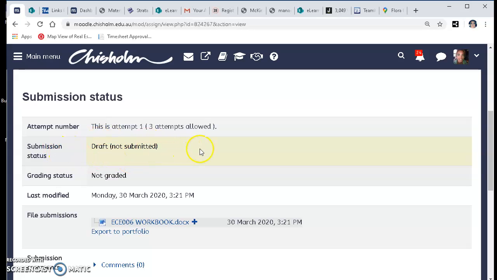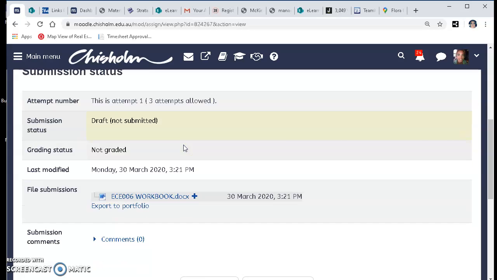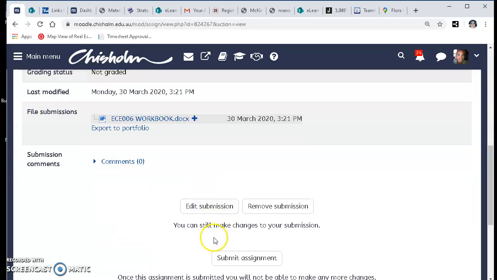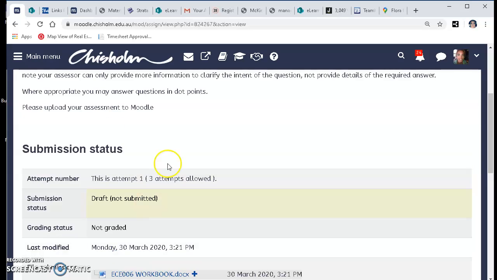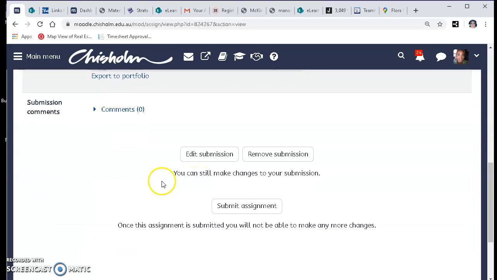It must be submitted. A lot of students stop at this point. If it's on draft, as a teacher, we still can't open it. So always make sure you go further down here and press submit again. So some people get to this point and they think, great, I've submitted it. It hasn't actually happened. You can still edit it, but once you submit it,